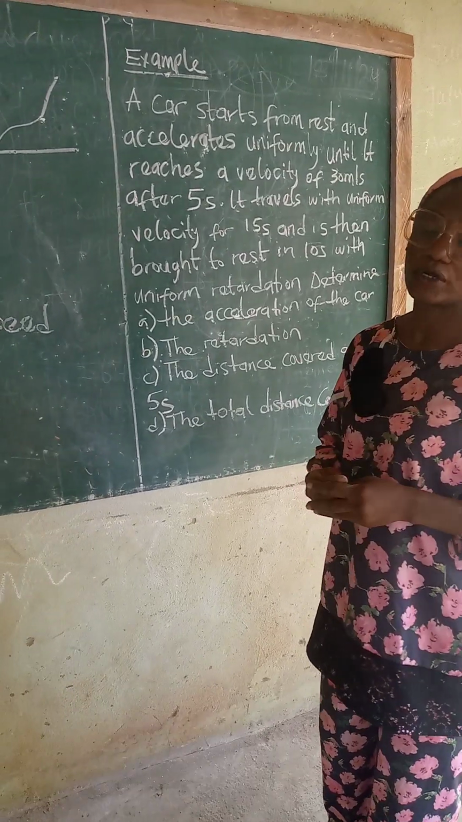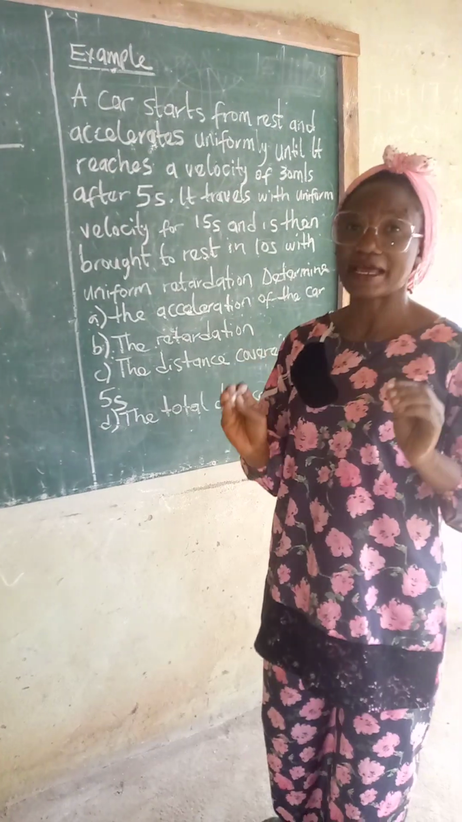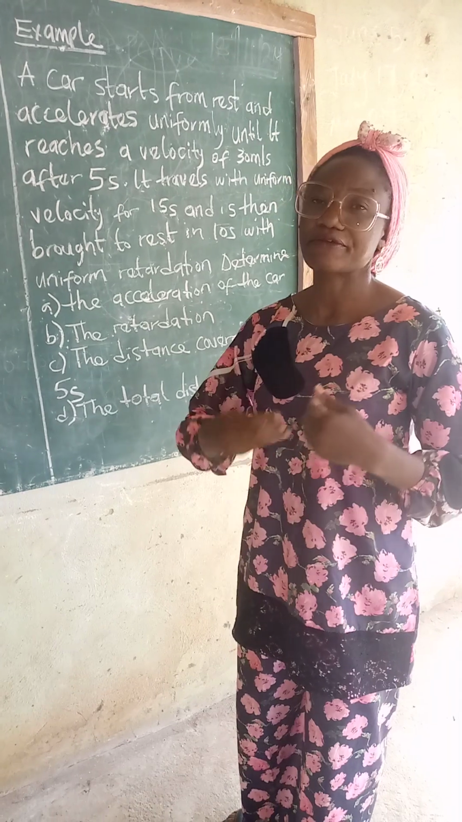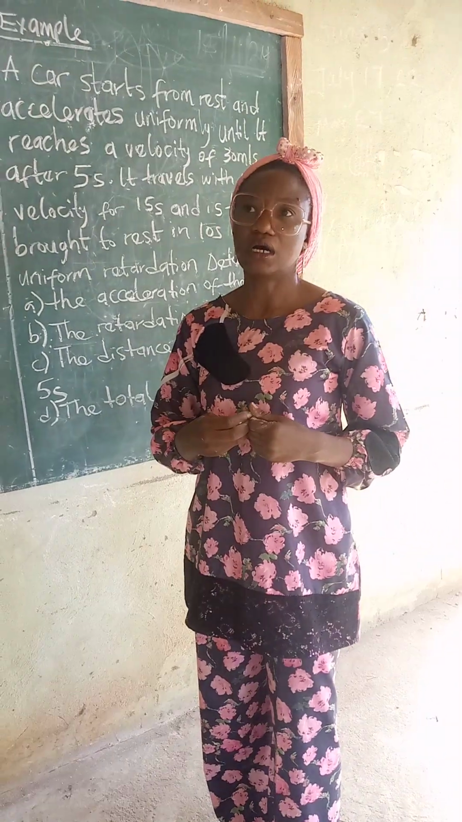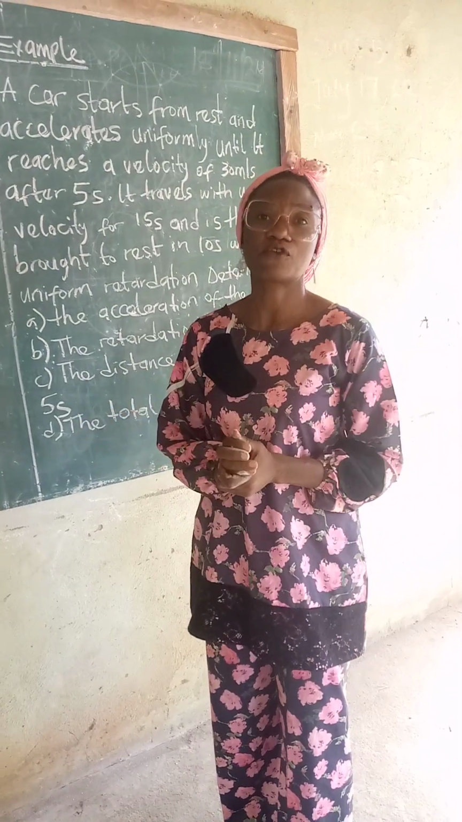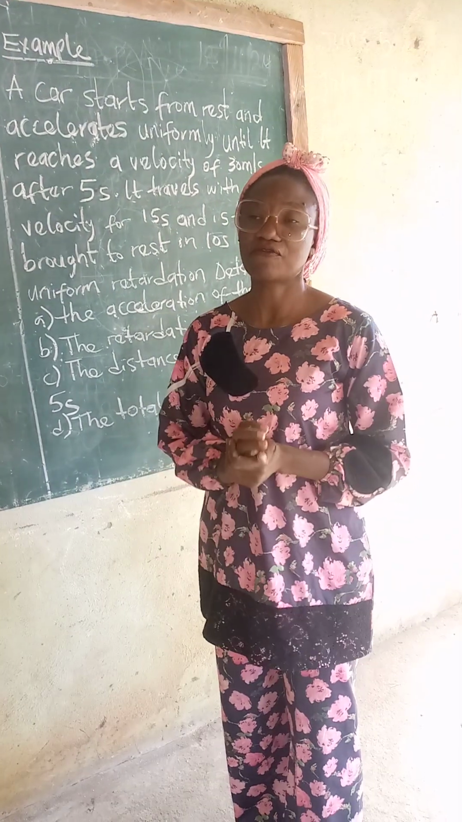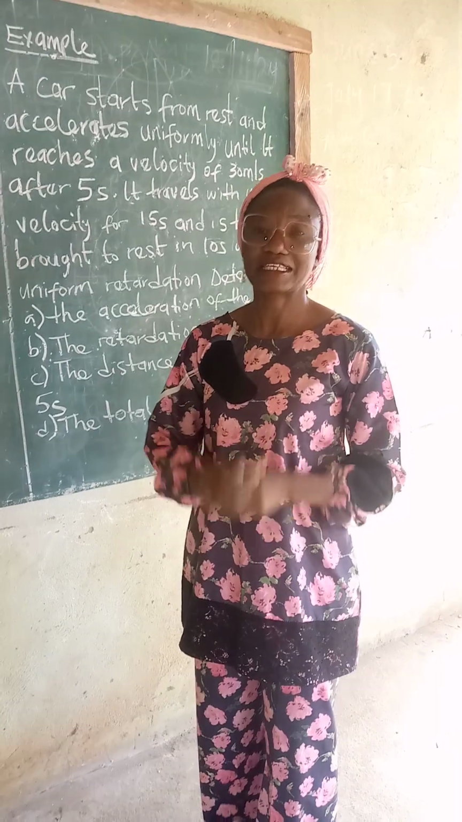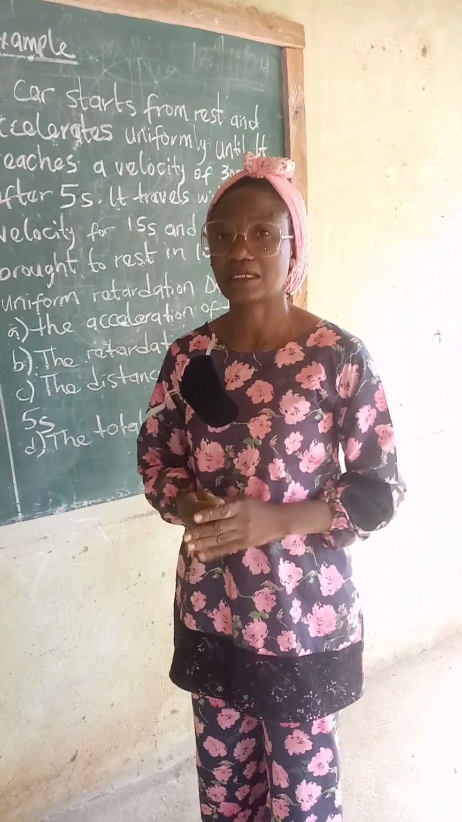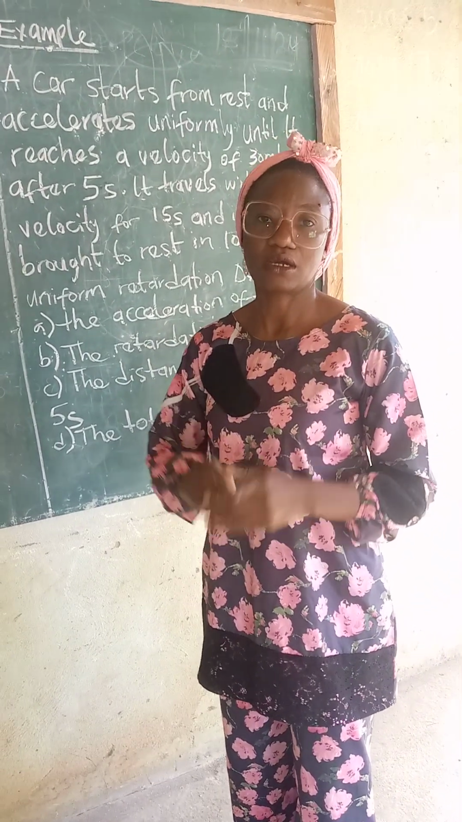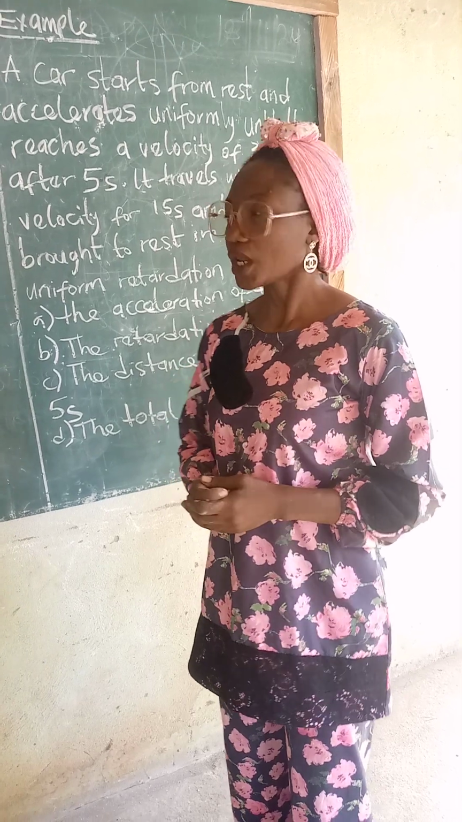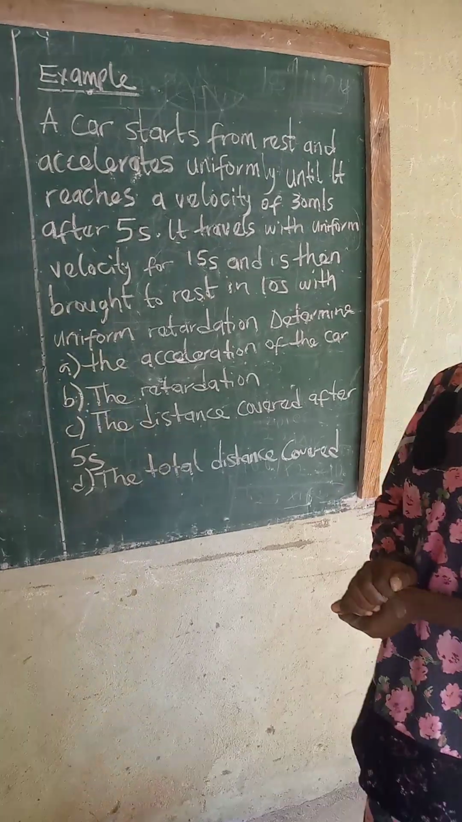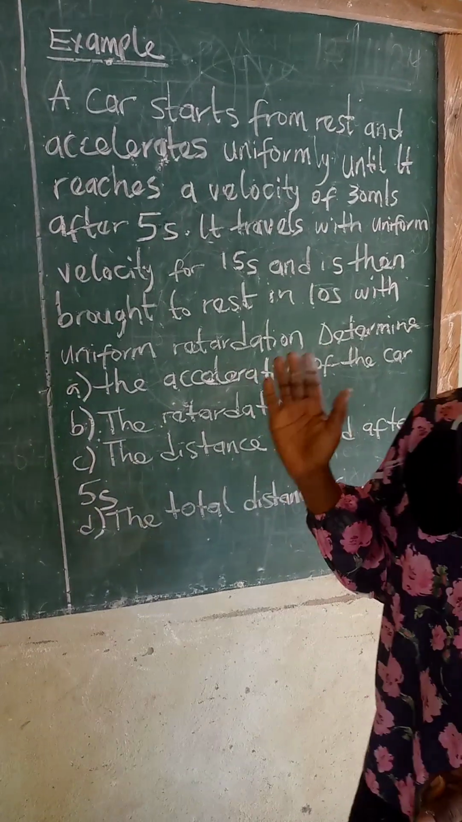Before we go into problem solving relating to velocity time graph, I would like you to know that the area under any graph, whether the graph takes the shape of a triangle, a square, or a trapezium, whatever shape it takes, gives us the total distance covered by the object. Okay, let's look at this problem and solve it together. But before we do that,